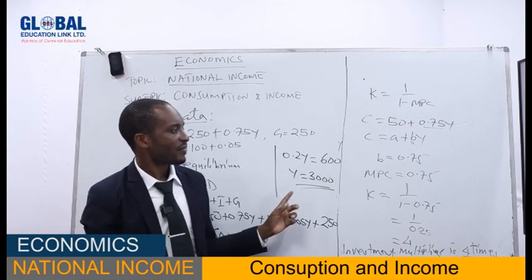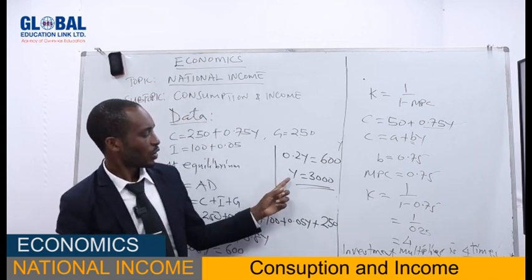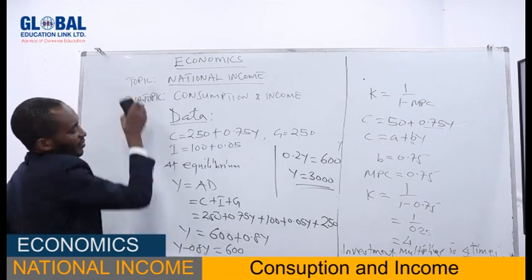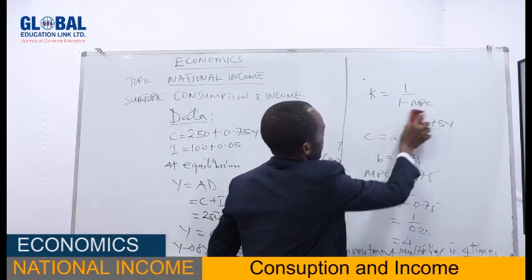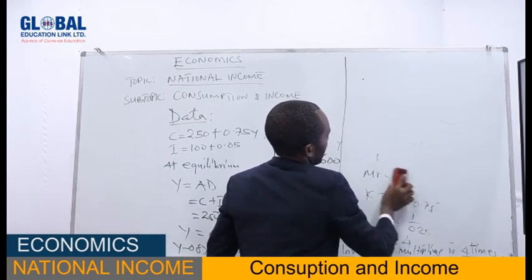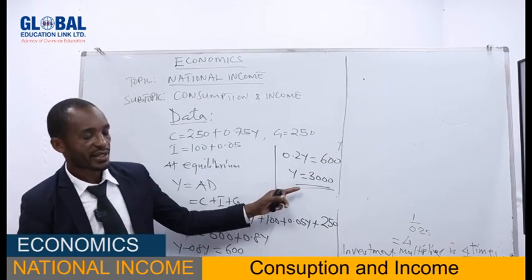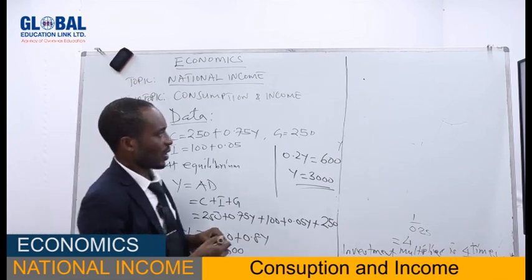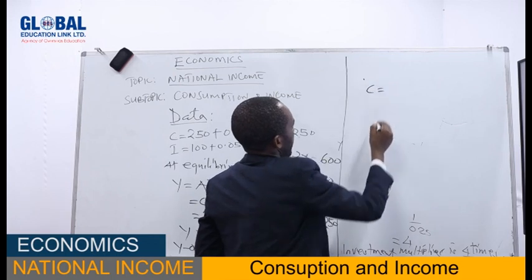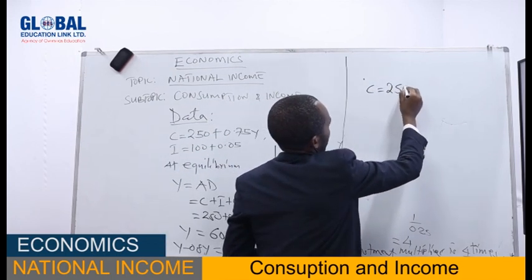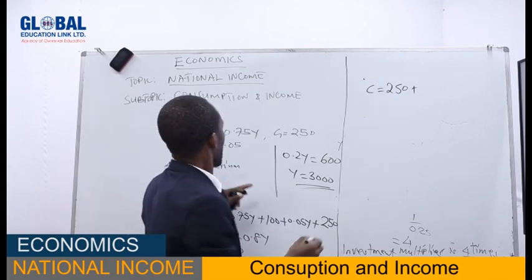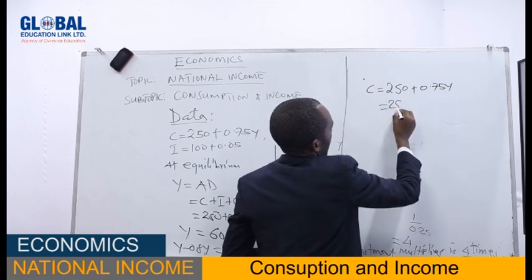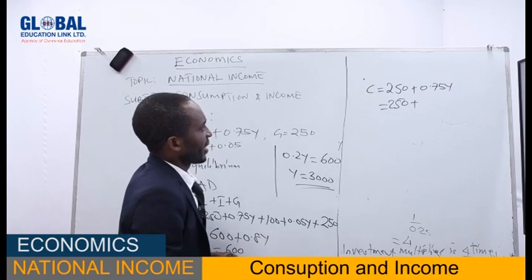Now we need to have the consumption level. How will we get the consumption level? Since you have the national income, we substitute this information into the consumption function. So our consumption function is 250 plus 0.75Y. So when you substitute, here it will be 0.75 times 3,000